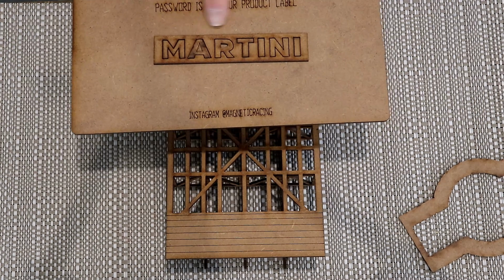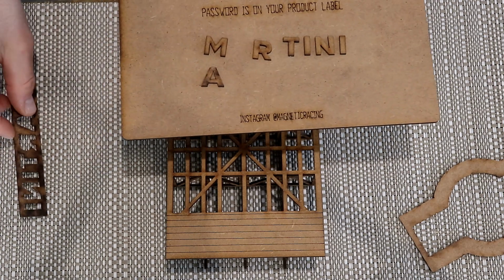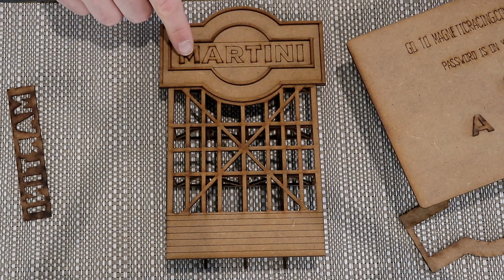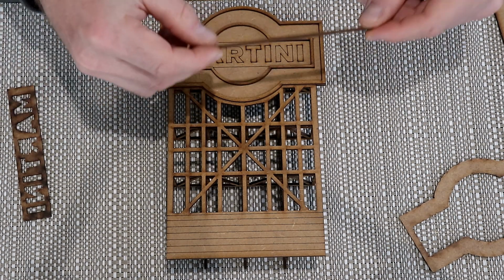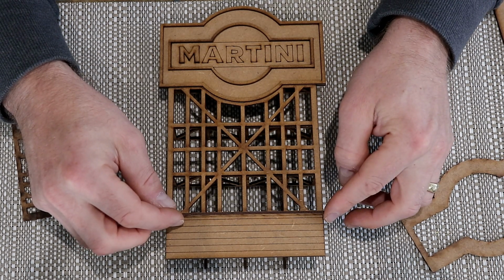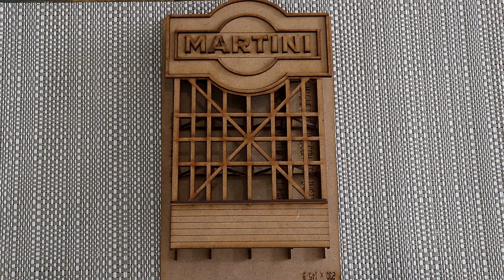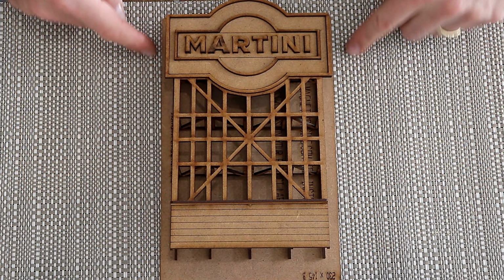Then next up, the lettering, and again I simply press them out, put some glue behind the lettering and then put them on the trace marks. That completes the Martini writing, making a 3D border, and of course the shadow board which I put down the bottom. And here it is completed, and I use this flat piece that's included in the box for when I'm